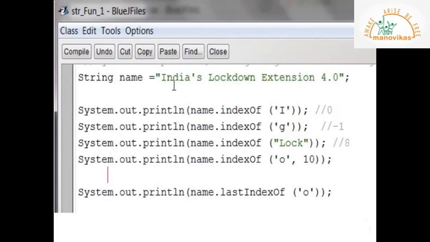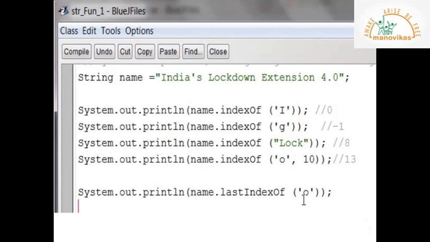So it will search 0, 1, 2, 3, 4, 5, 6, 7, 8, 9. So the first O is in the 9th place. It will not display this index. It will go further, 10, 11, 12 and 13. So here this O is in the 13th place. So this is after 10. So 13 will be your answer.